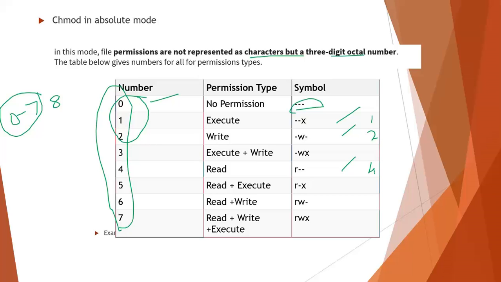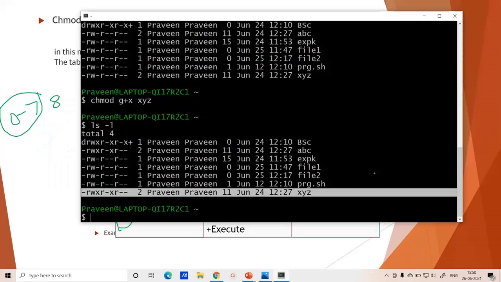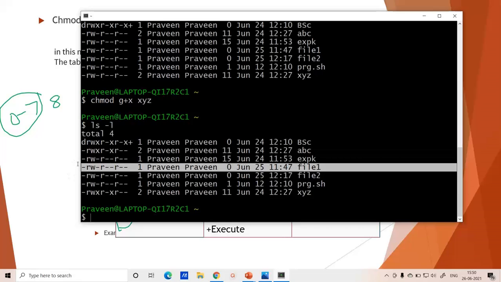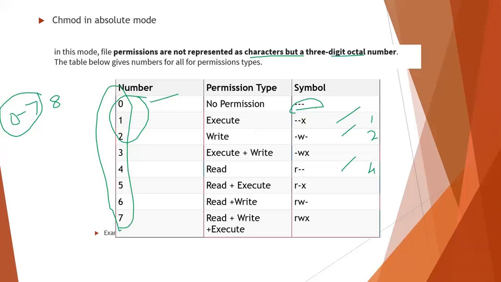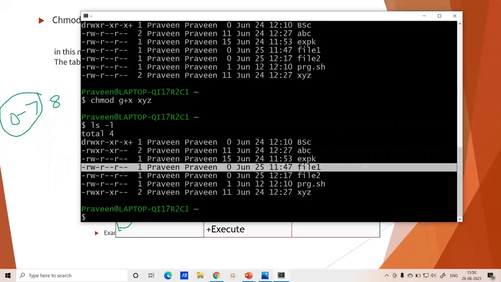If I want to give any permission, I'll go to the chmod command. Consider I have this file called file1. For this file1, I want to give permission for others. The permission I want to give is only execute as well as read. I need to give these two permissions. The value for execute is 1 and the value for read is 4. The file name is file1. So I'll be using